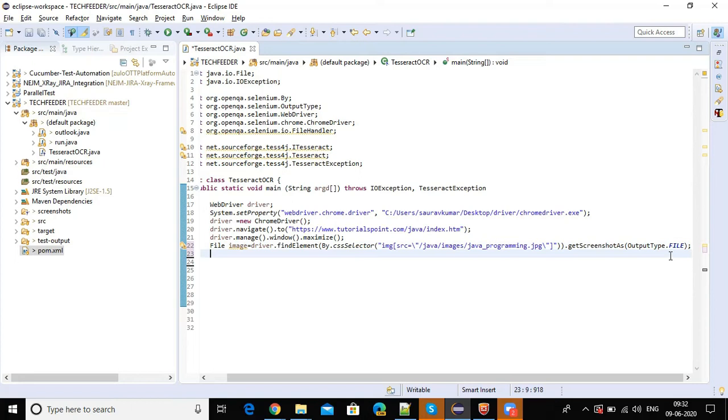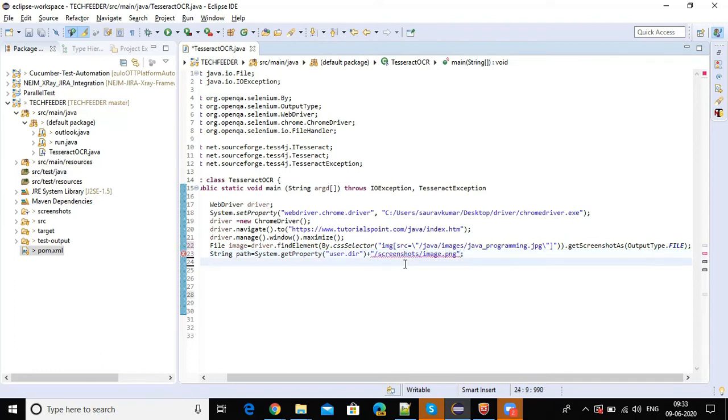Nice. Now we will store this image in a particular path. So what we will do, we will create a path for that. System.getProperty("user.dir"), plus that is screenshot. So we will copy that in a screenshot folder. Make a dummy folder to store the screenshot in that folder. Screenshots slash, so name it as image.png.